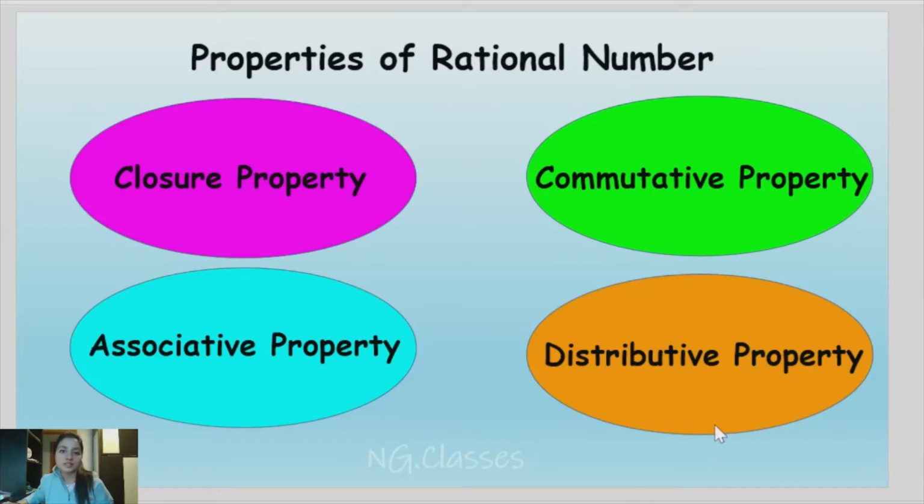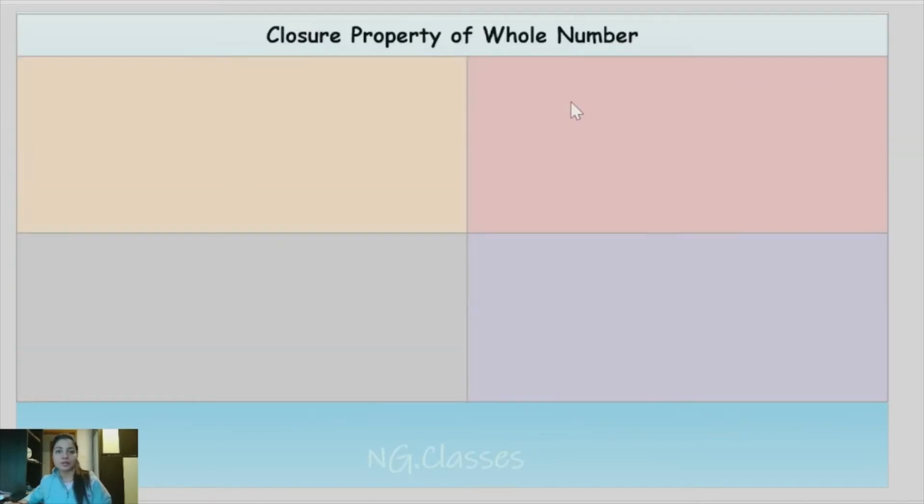And now we will discuss a few properties of rational numbers. Here we have 4 properties, that is closure property, commutative property, associative property and distributive property. One by one we will discuss each property in detail. So let's start with the closure property. Here we will discuss the closure property of whole numbers. Why whole numbers? Because you have already covered whole numbers and we will start from whole numbers and connect it to rational numbers. So let's take the 4 operations of mathematics, that is